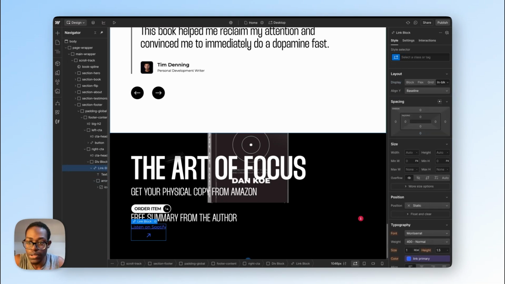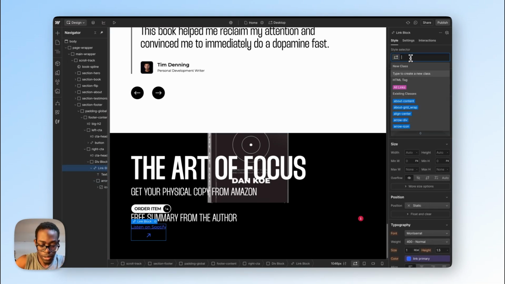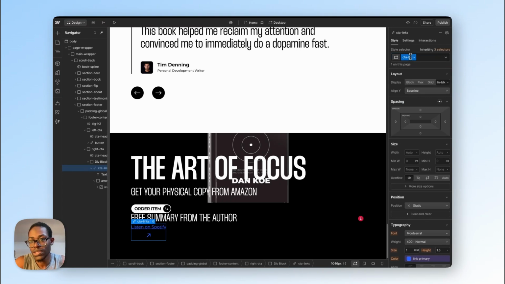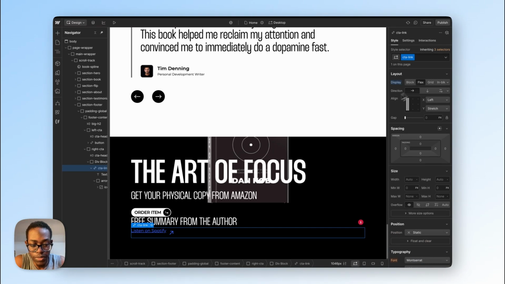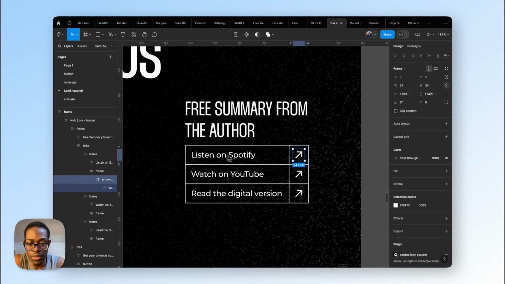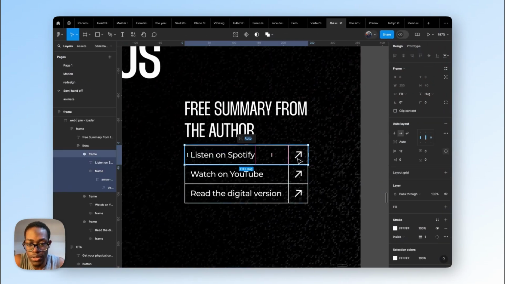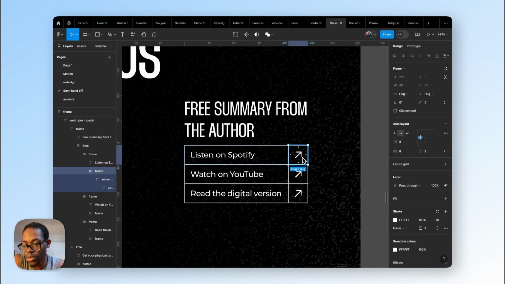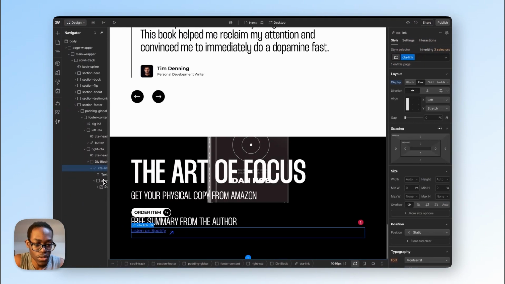And then this link block is going to be CTA links, not CTA link, because there's still going to be flexbox. So this arrow div now,